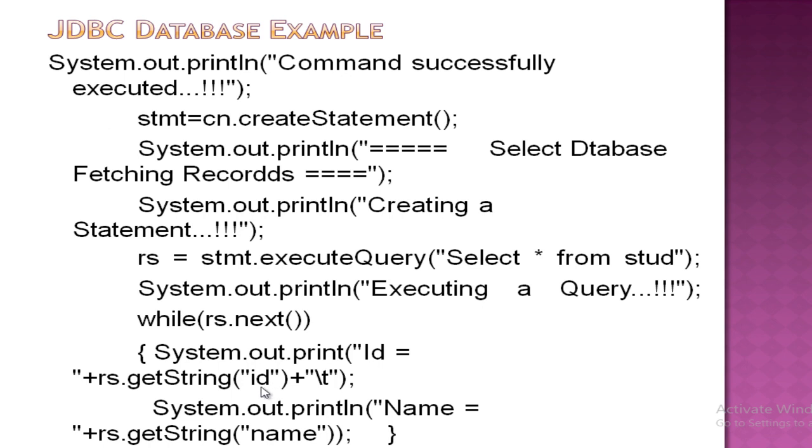So this is about how we can implement the statement, then how we can pass the query and execute the query, then how we can call the particular records and print the particular records, right? So using the statement object we can create the statement, then the executeQuery method will execute the given SQL query, then the getString method of the result set will print the given string.